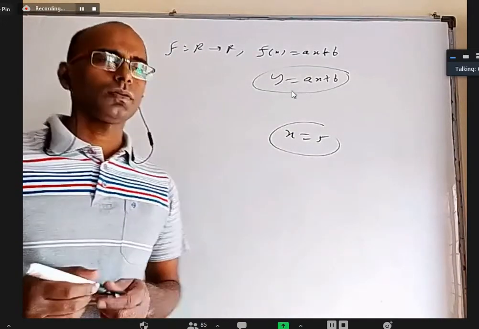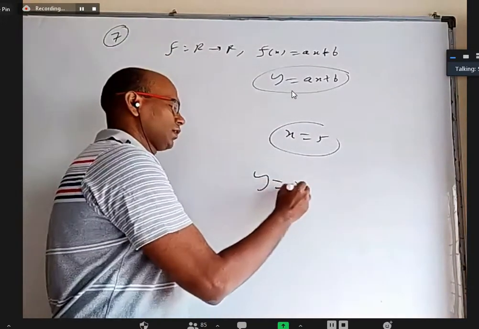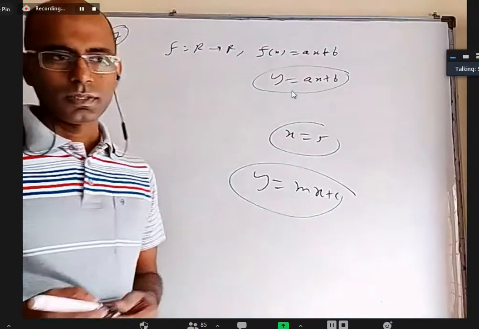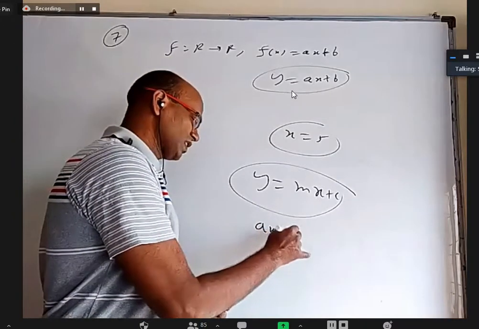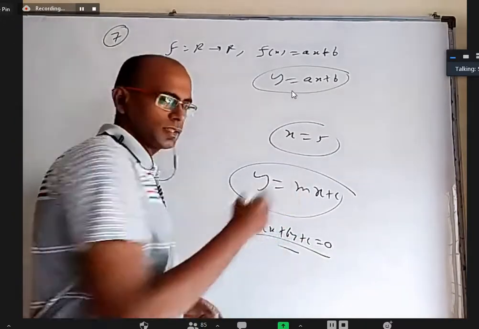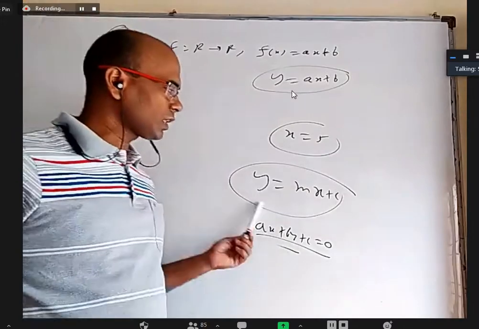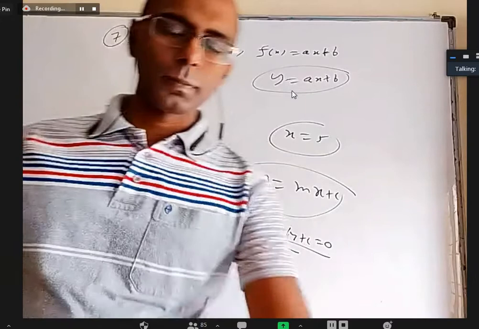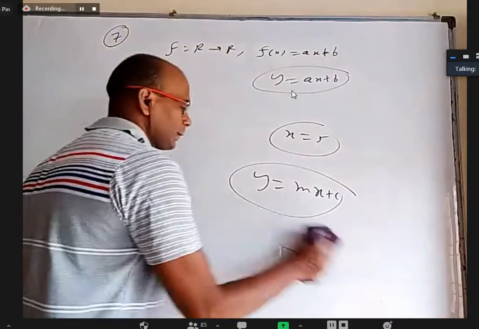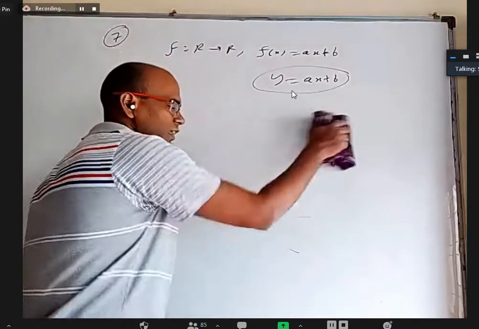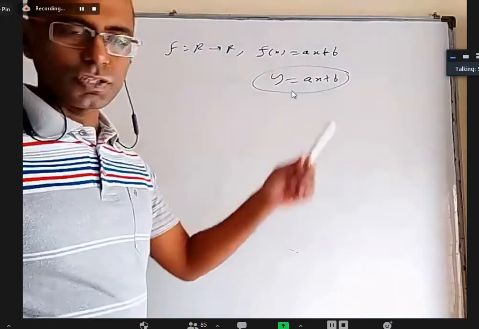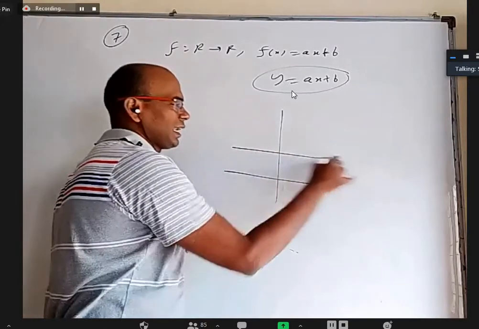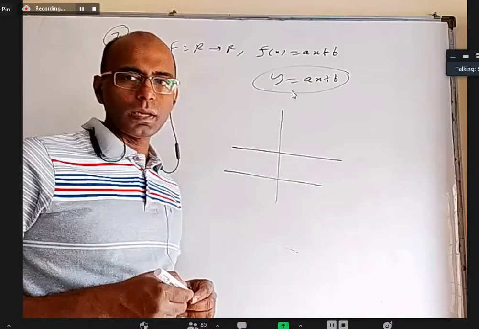No, sir. So in your first year coordinate geometry, y equal to mx plus c is not the general line in a sense. Ax plus by plus c equal to 0 is a more general form than this. Why? Because y equal to mx plus c will cover all the lines but the vertical lines. Okay. Anyway, a vertical line is not a function for us. So it will cover all the functions, which are always lines. Now, if it is a horizontal line, then what happens? It is not onto.